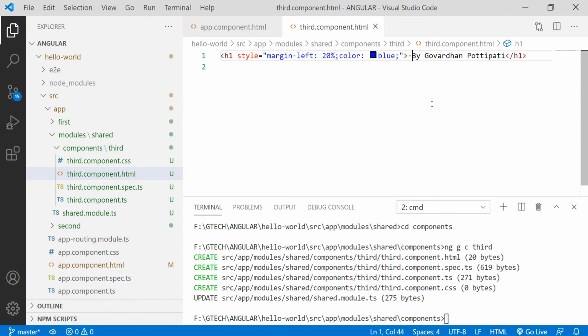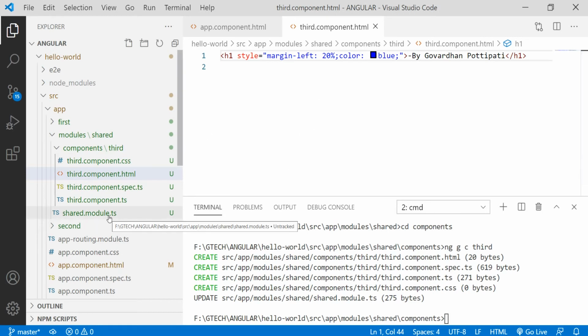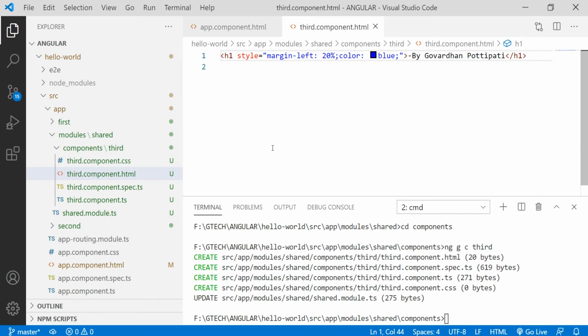Perfect. Remember, this third component belongs to the shade module, and now I want to use this third component selector as an HTML tag inside app.component.html, which is completely in a different module.